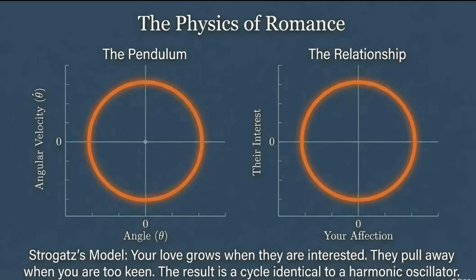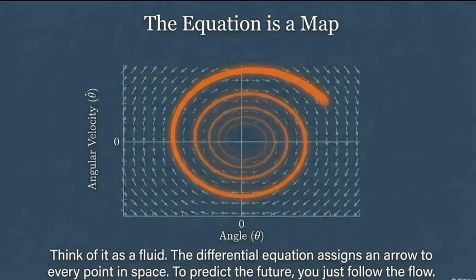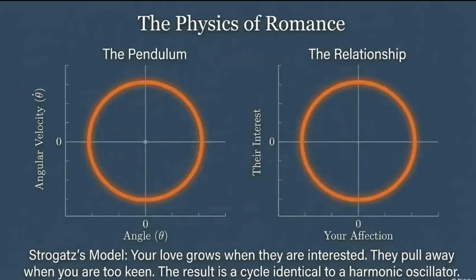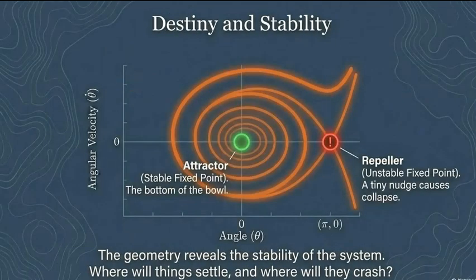This is the moment where modern math pivots from calculating exact answers to visualizing behaviors. We stop looking for a formula and we start building a map. A map. Yes. We call it phase space. Okay, phase space. I really want to get this right because it feels abstract. We're used to graphing things where the bottom axis is time, right? Like position over time.